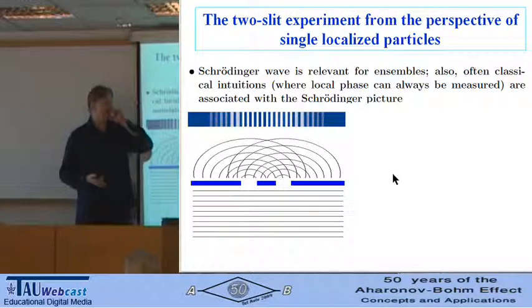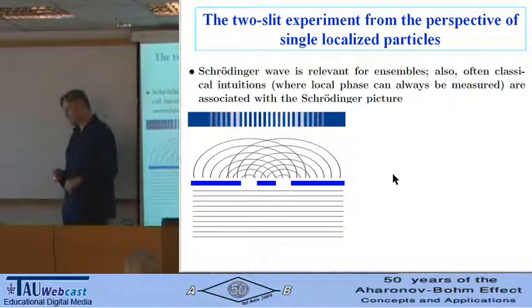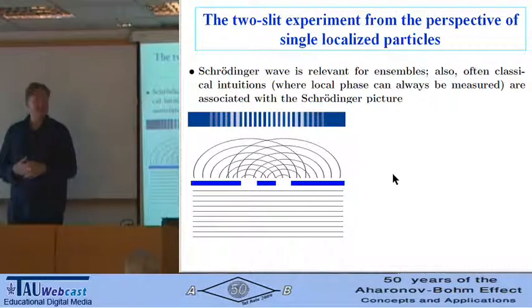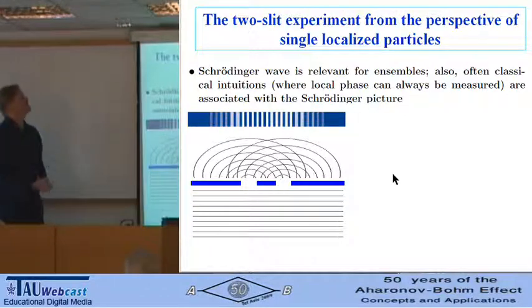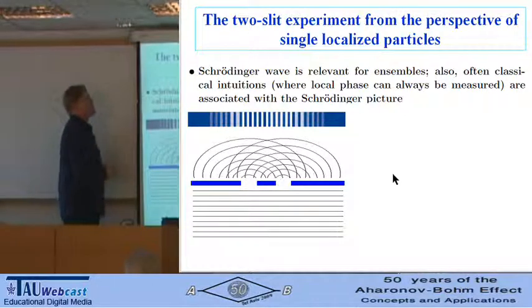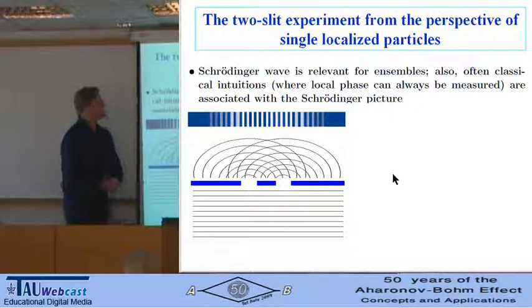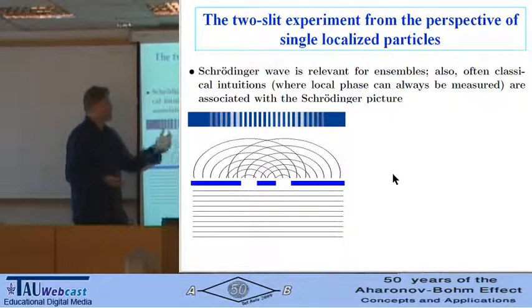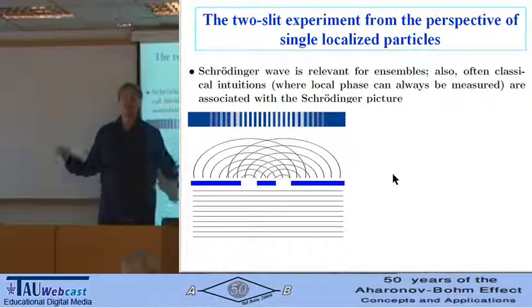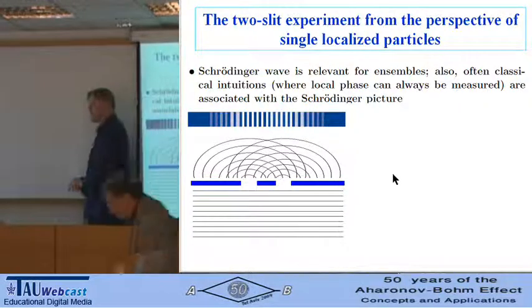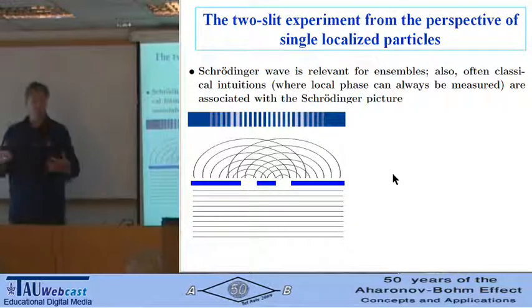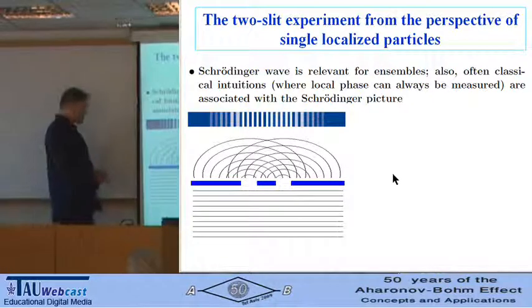Also to set the stage is trying to change the perspective on the famous two-slit experiment. Usually we're taught, and certainly every textbook I've ever seen, we've been taught to think about the two-slit experiment in the same way we think about classical interference. That there's really a Schrodinger wave that's like a classical wave. But